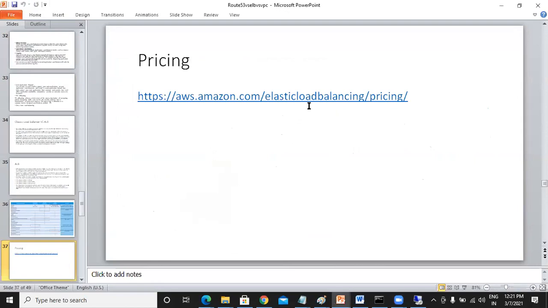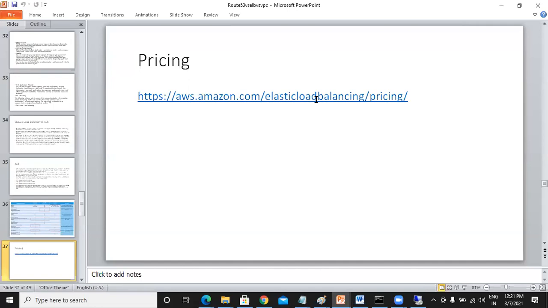Okay, so load balancer also has pricing. For AWS application load balancer, the charges depend upon the pricing you define. It is basically what we call load balancer capacity units, LCU. So based on the capacity units, the charges are there. When it comes to AWS, we calculate the LCU.